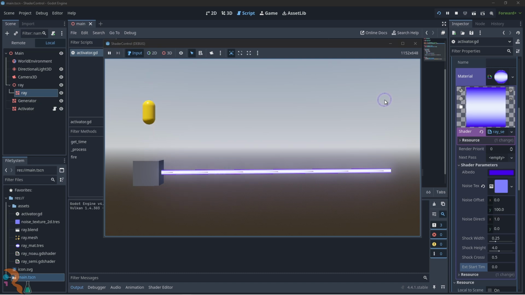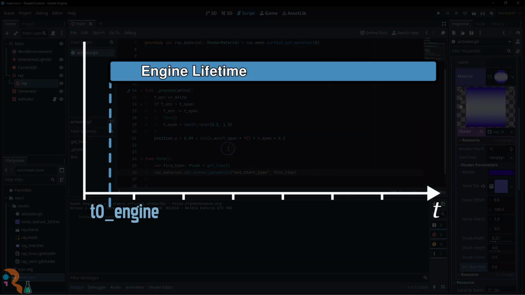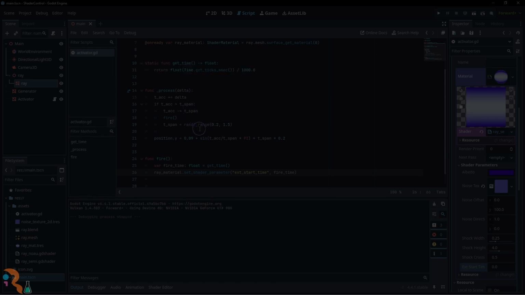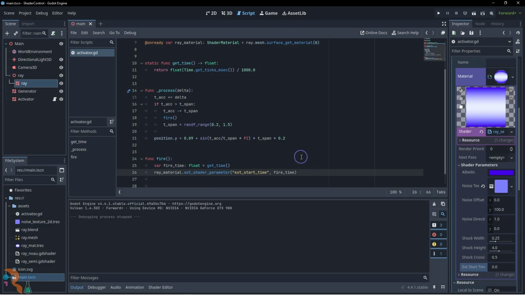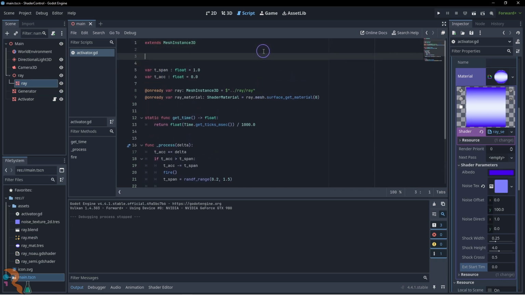Something is odd. The animation seems to start with some lag. Shader time may possibly not be synchronized with engine time due to some delay on startup. If this is the case, simply picking a time closer to the real shader's start time would fix the issue. Let's try using a static variable, which picks the time when the activator is initialized.